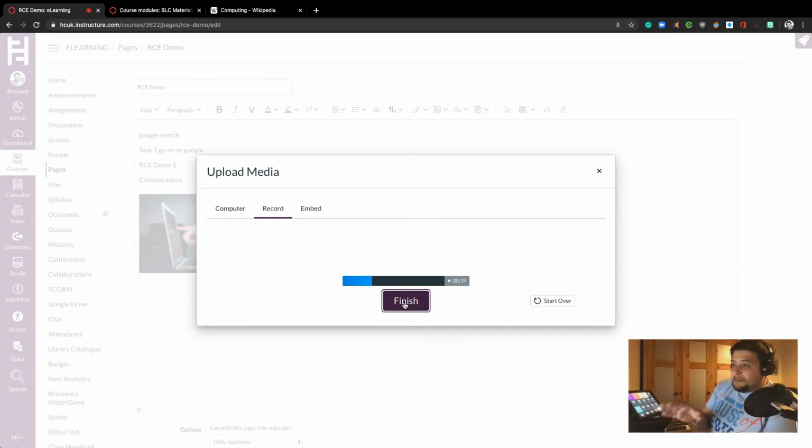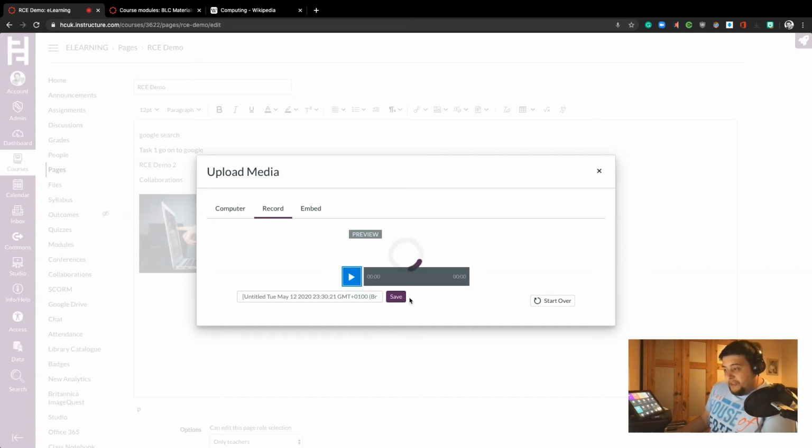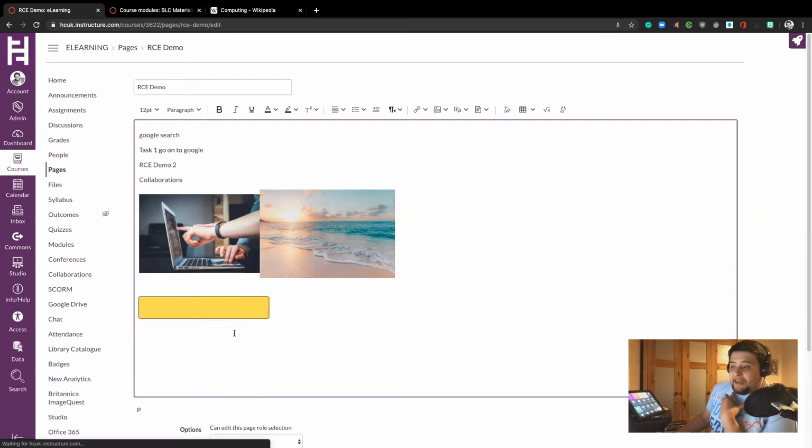So using this facility actually really supports that. So once you've done, you click finish. Then you have to give it a title. So if I put today's task, click save. Good if I could spell that right. Click save. Then what happens there is it will upload that audio directly into the page, and it should put